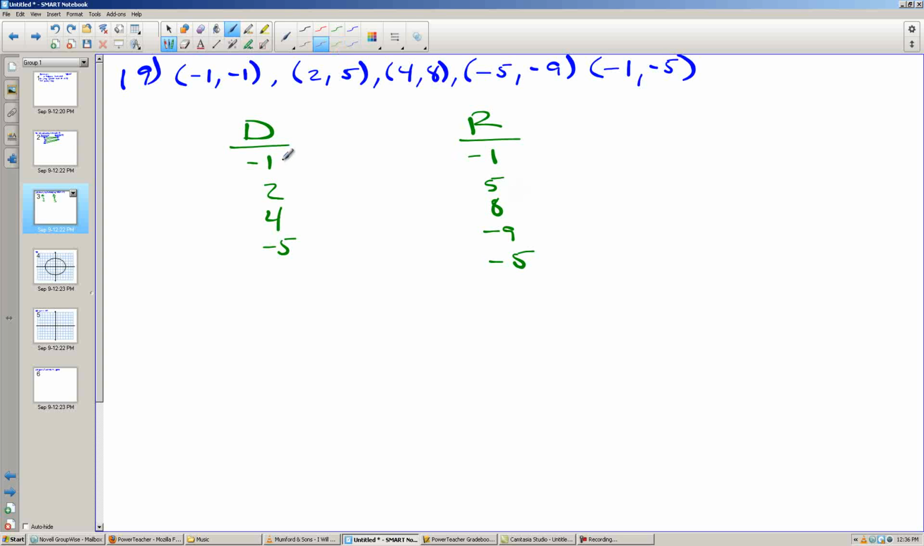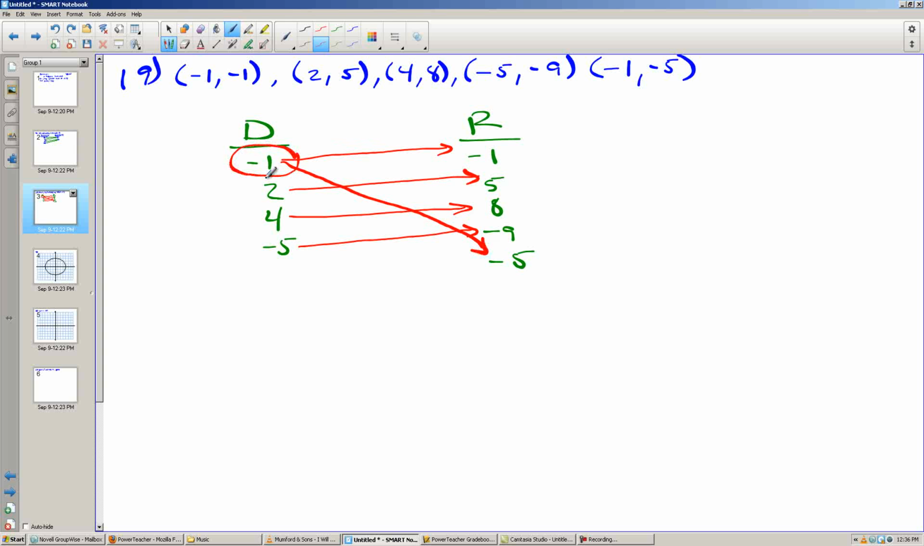Now, if I go ahead and produce that mapping, -1 goes to -1, 2 goes to 5, 4 goes to 8, -5 goes to -9. Oh, and -1 also goes to -5. See, right here I have two different arrows starting in the same place. This tells me that I have a choice. -1 could go to -1, or it could go to -5. In other words, there's an input that has two outputs. So this is not a function